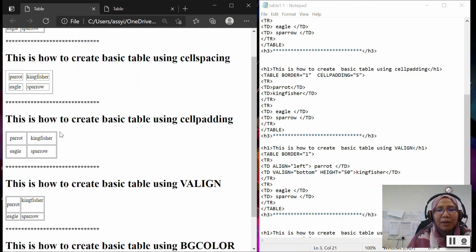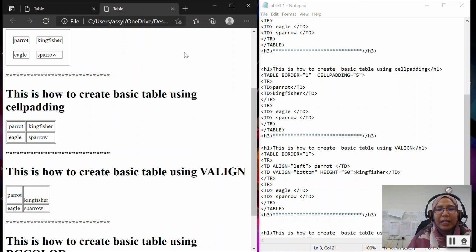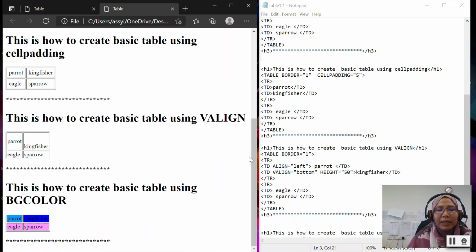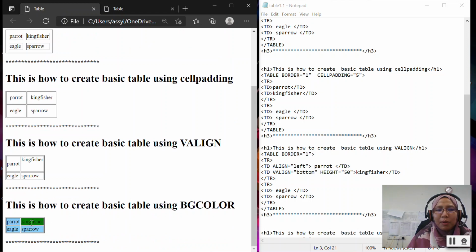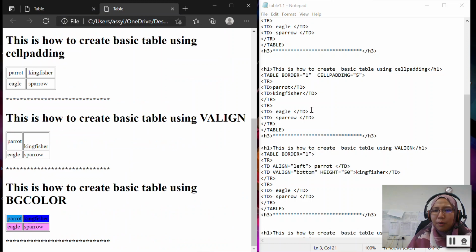Okay, because we make it smaller. Okay. And next one, this is how to create the basic table using BG color. Okay. Before this, the color is three color is blue and the last one is green because we setting green. But for the new one,